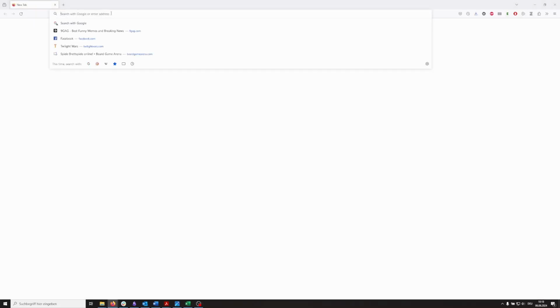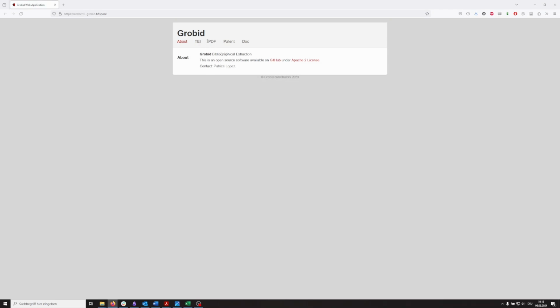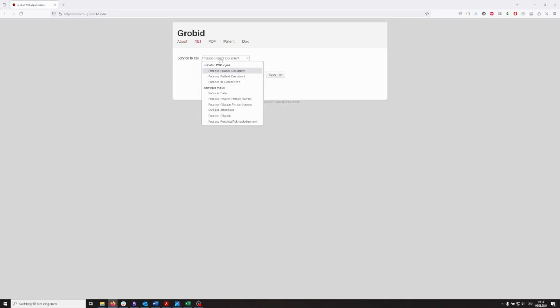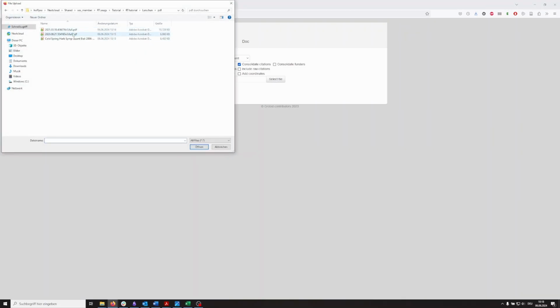For that, we go to a site called GROBID. It's a web application of a program that goes through PDFs and extracts metadata, especially references, and saves them in an XML file. We choose process full text document here, consolidate header and consolidate citations, and then we choose the first of our papers,